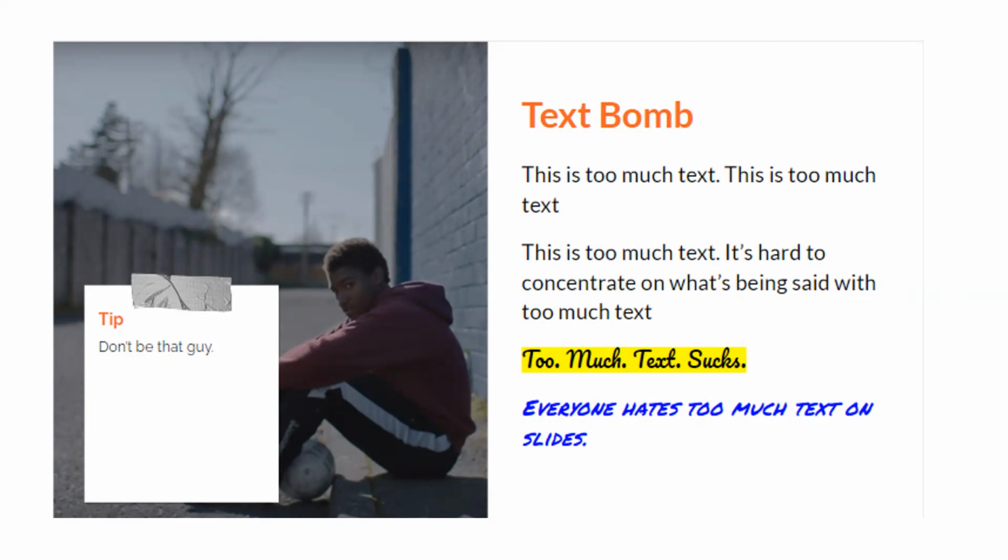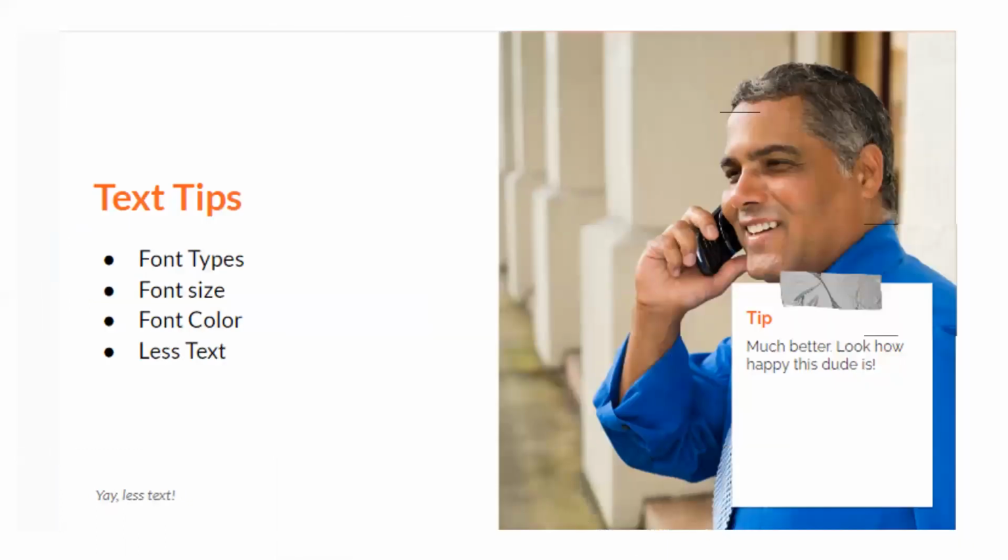Your narrative or your transcript serves not only to explain the content of the slides, but to expand upon the content you've provided. Adding too much text can take the focus off what you're saying. Therefore, the less text you use on certain slides, the better. Add bullet points to slides when you plan on adding text. Stay consistent by using only 1 or 2 font type sizes and colors, like we talked about.